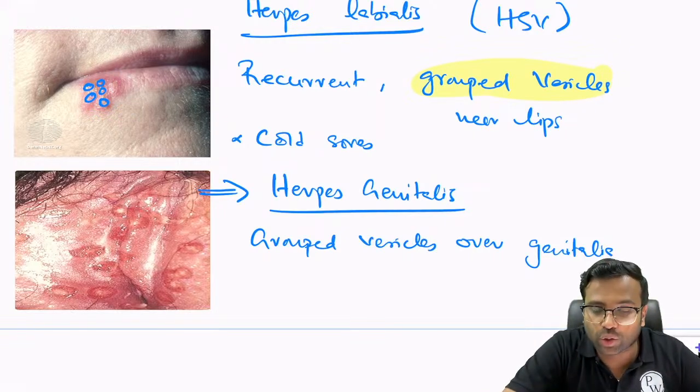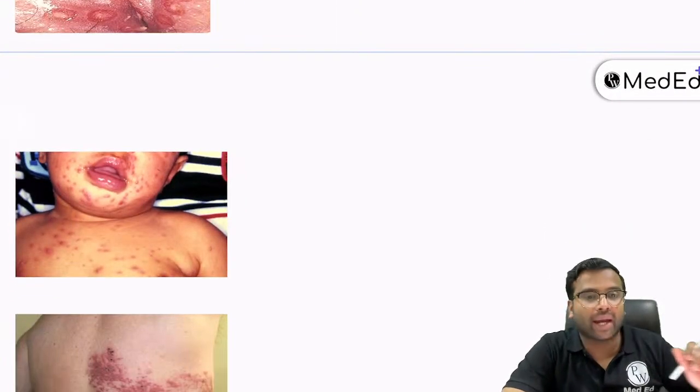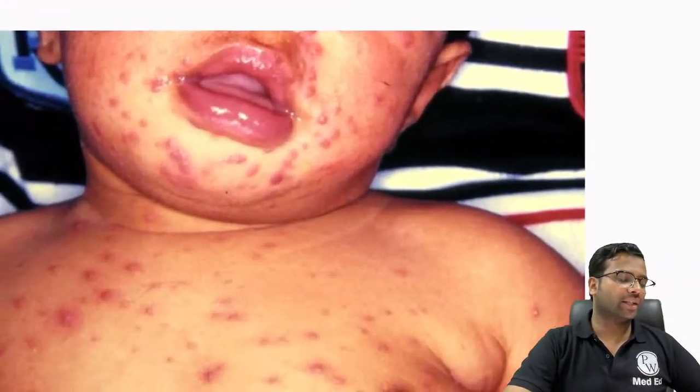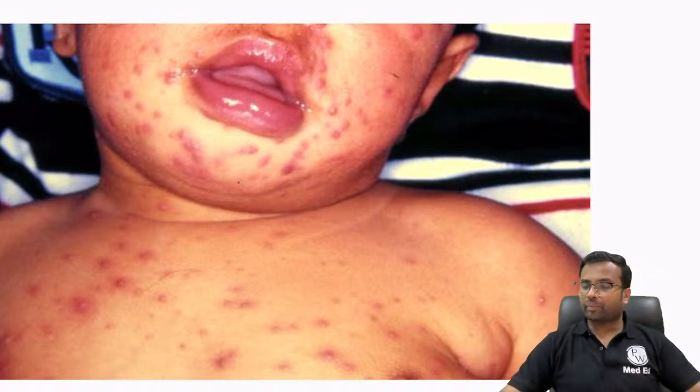Okay, it is also caused due to herpes simplex virus. So now let's move into another case. Now this is another patient who has come to your OPD, and this patient is saying